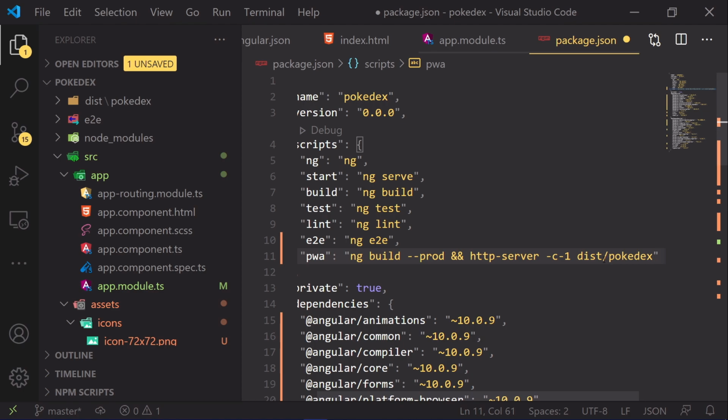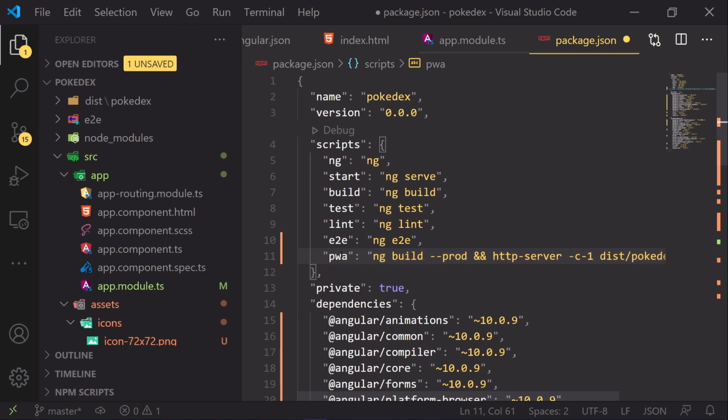Okay, so this is the command which I have added. This will directly build and run your application via a single command called pwa.